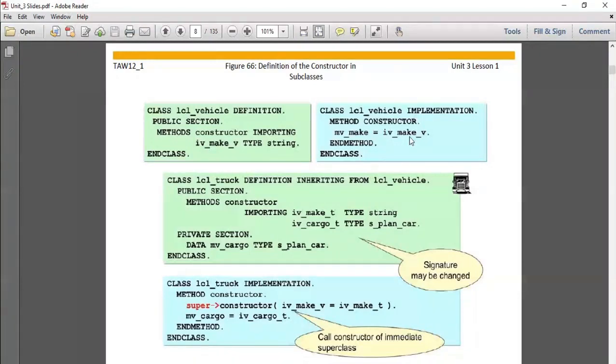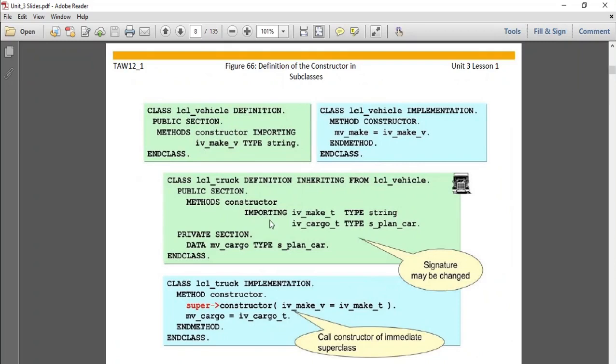Now this was our base class. Vehicle is our base class. Now we are going to declare the derived class. In this case, we are using the class lcl_truck, with a definition inheriting from lcl_vehicle, and then we define the method constructor, because this is also a constructor of the derived class, and this is also the constructor of the base class.